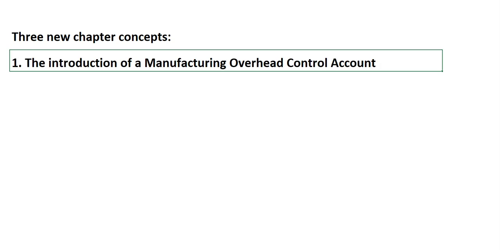In this video, we introduce 3 new chapter concepts, and they're all rather simple concepts. The first is the use of an optional manufacturing overhead control account. Instead of a single manufacturing overhead account, we will have 2 manufacturing overhead accounts, a manufacturing overhead control and a